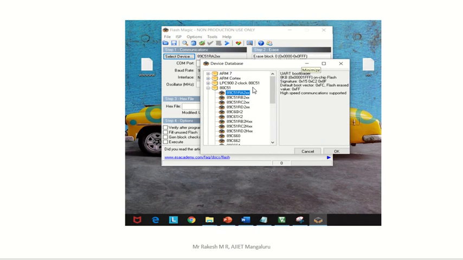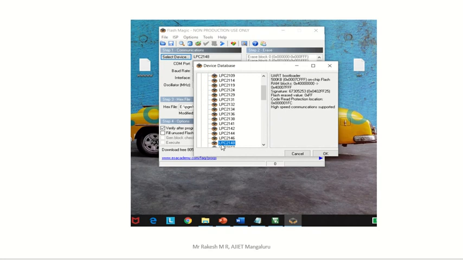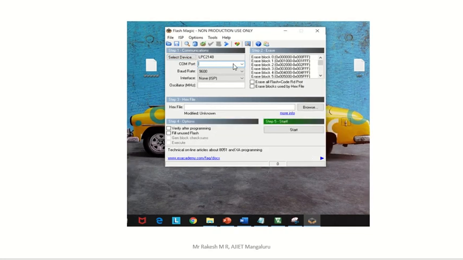There I have to search for the LPC2148 device. LPC2148 device is under ARM7. So here we have ARM7. Inside this we have to search. When I search for this LPC2148, I have the device here. Just click on that and press OK. Then that device is selected.